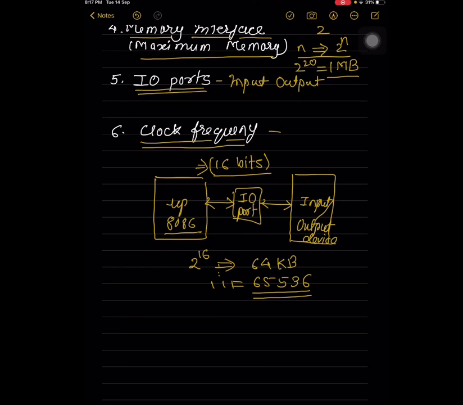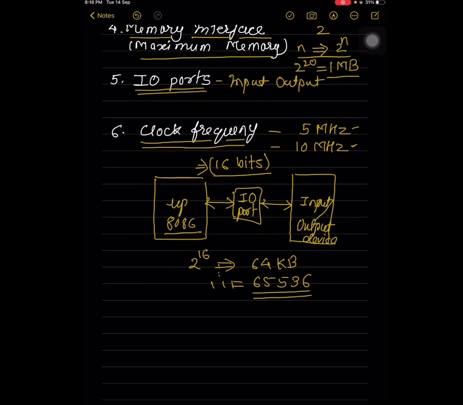In the 8086 microprocessor there are two versions available. The basic version has a clock frequency of 5 MHz, and the advanced version has a clock frequency of 10 MHz. That means we can operate the 8086 microprocessor by applying a clock signal, which is a square wave signal of either 5 MHz or 10 MHz frequency, by which the internal circuitry of 8086 is operated at a given speed.